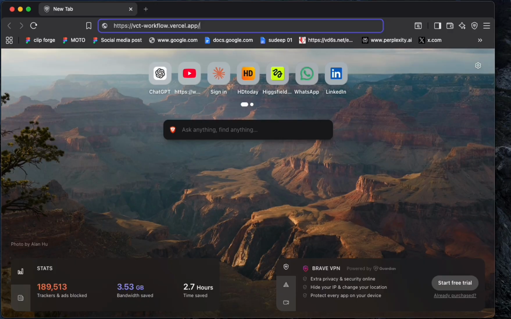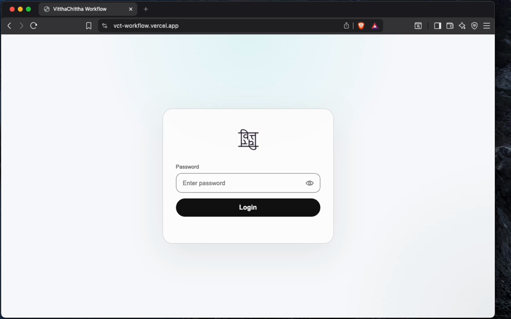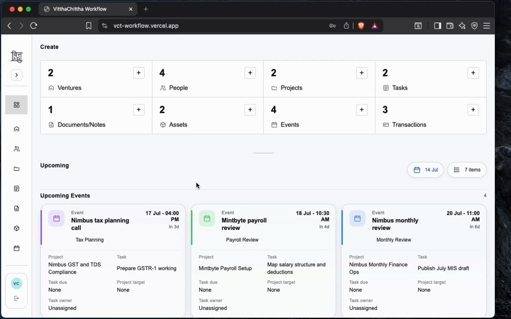Now that we understand the basic structure, ventures, people, projects, tasks, and linked records, let's see how the software actually works. First, we start from the login page. Here, each user will be given their own login credentials. Only users with the right password can enter the system and access the data they are allowed to see. Once we log